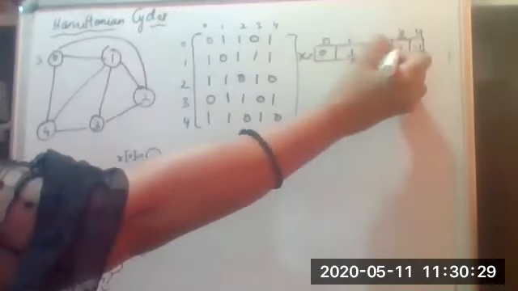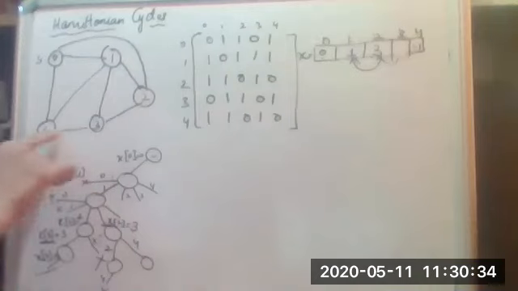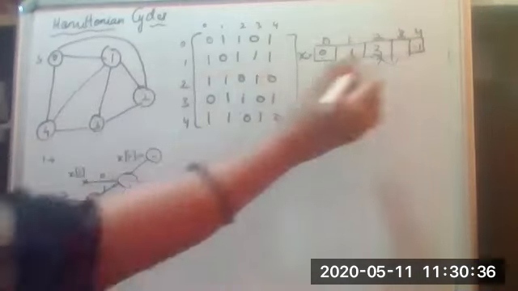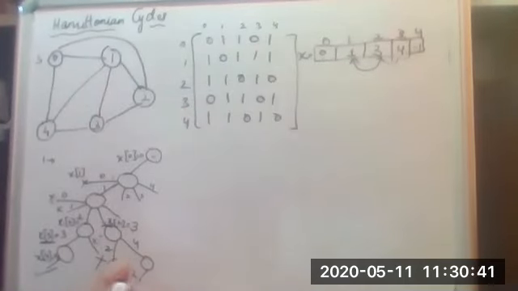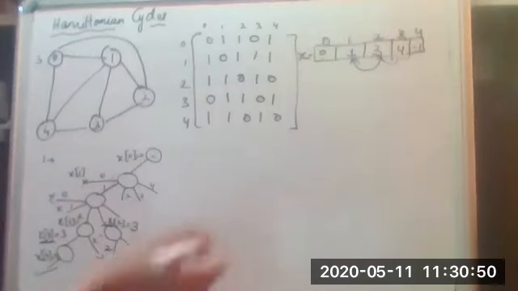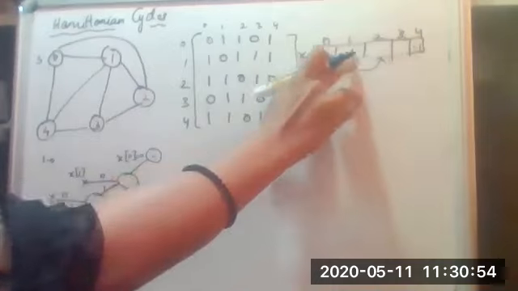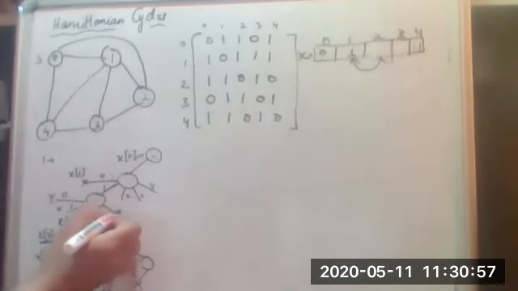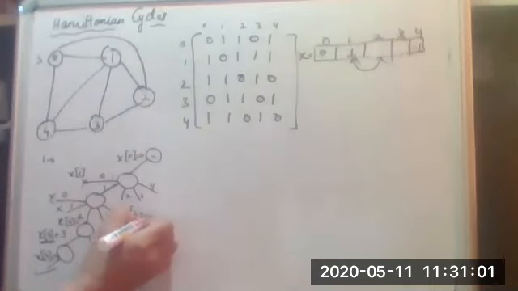So I backtrack, and instead of 2, now let me select 4. From 3 to 4, there is a path. But again, the next option left is only 2, which becomes a bounding function where we cannot have the path. So this is also not taken. Then we backtrack to 1, and at the x2 position, the last option left to us is 4.